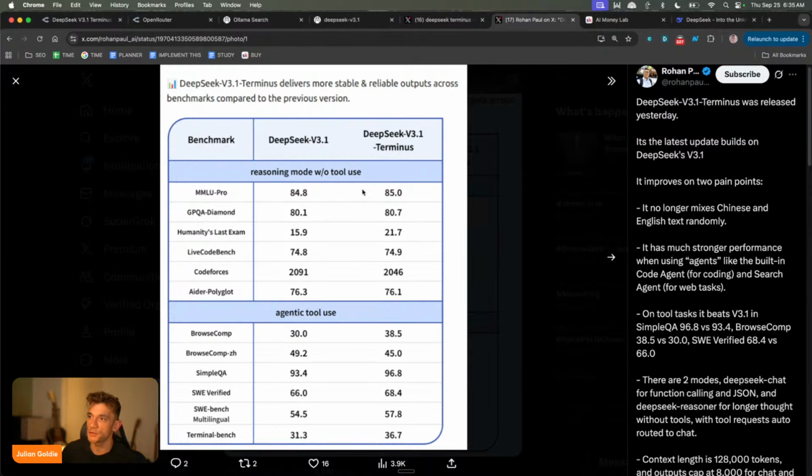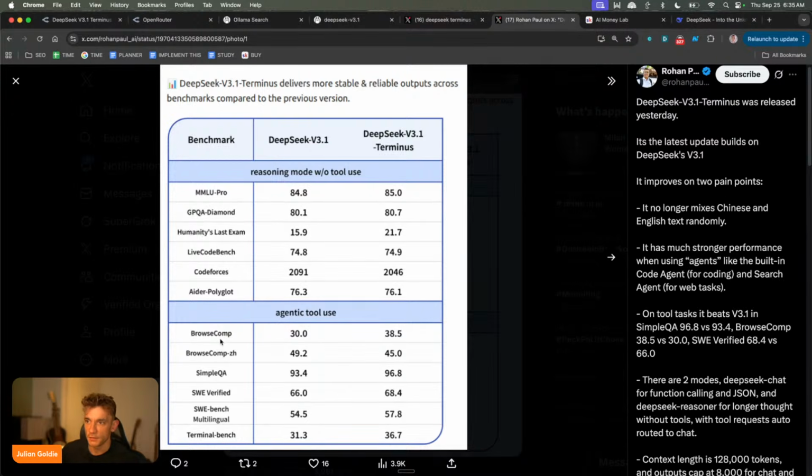For example, you see on the benchmarks here that it's performing much better when it comes to MMLU, GPQA, Humanity's Last Exam, LiveCodeBench, Codeforces, etc. Pretty much everything it is superior on. You can see actually on Codeforces it's got a lower score. Some of these I'm not familiar with, but here's the main difference, right?